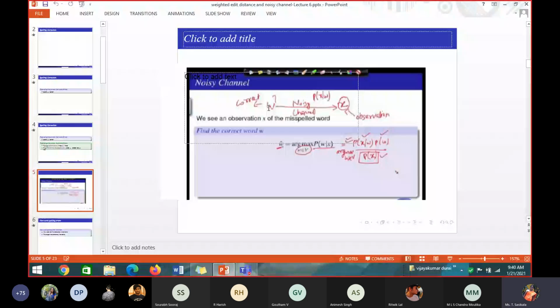The W. Okay. That's why this is named a noisy channel: I have a correct word, and when I type that correct word in some channel, such as a keyboard, so when I type the word BEHALF, in the output on my screen I got BEHAF. L is missing. So that is what I observed as BEHAF. That observation is called X. So we have a correct word W and an incorrect word X as my observation.